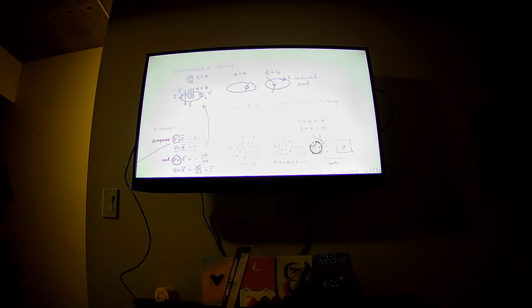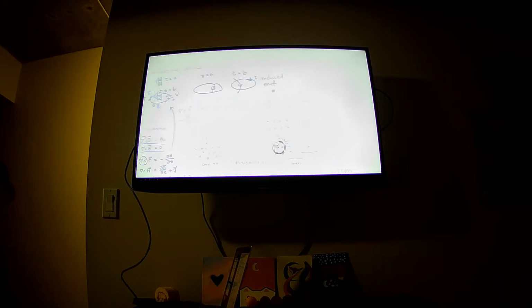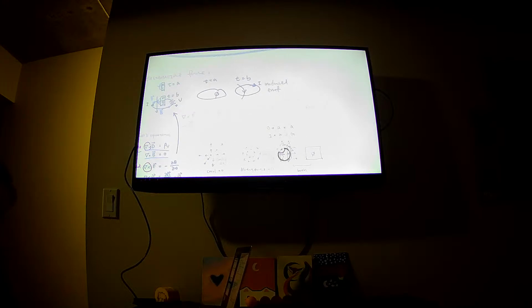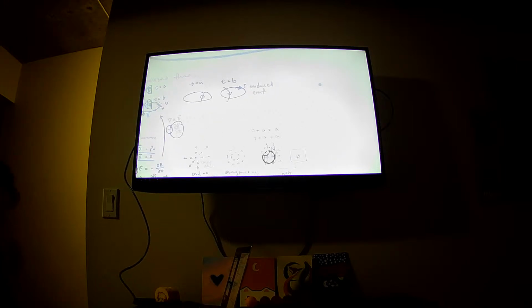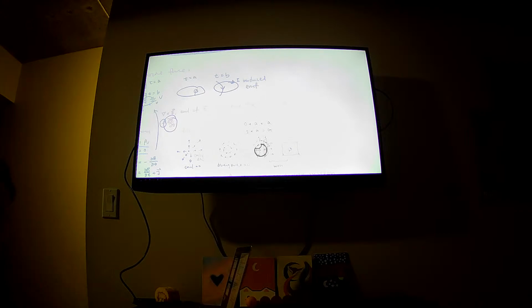So your induced EMF is going that way, right? That's what happens when you put the magnet through the circuit. But what is electromotive force? It's in the opposite direction of how your magnetic field changed, which means that originally it had none, now it has more. So the amount that it changed was,